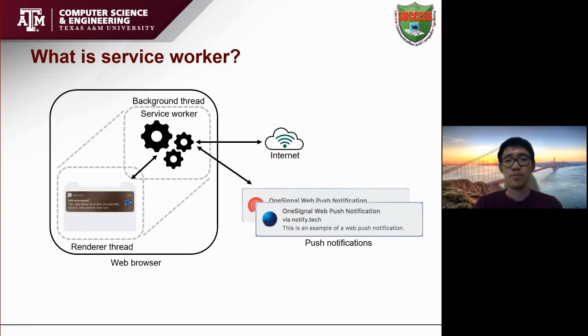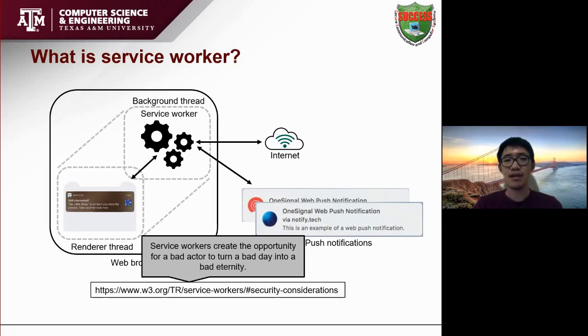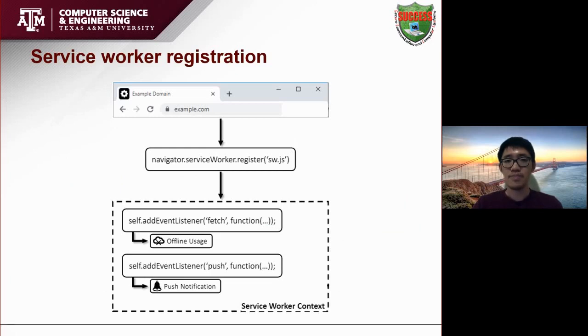Furthermore, to support push notification, which can come spontaneously, a service worker can be activated and run in the background without the presence of a corresponding web page. Once a service worker is installed, it will persist across sessions and will not get replaced until a different service worker file is detected. This behavior allows an attacker to turn a temporary attack into a persistent attack by compromising a service worker. To install a service worker, a website can call